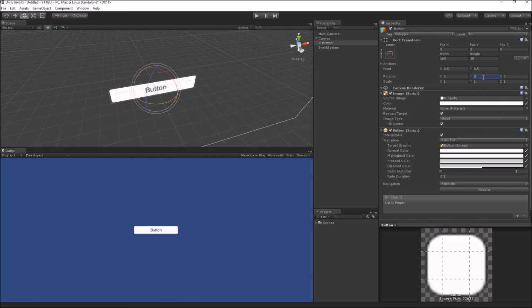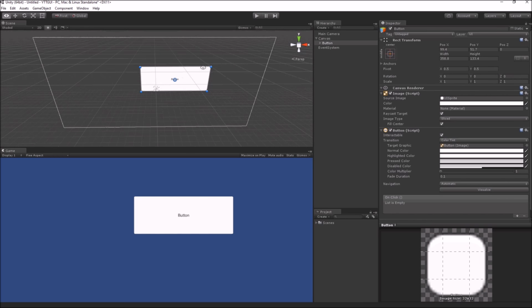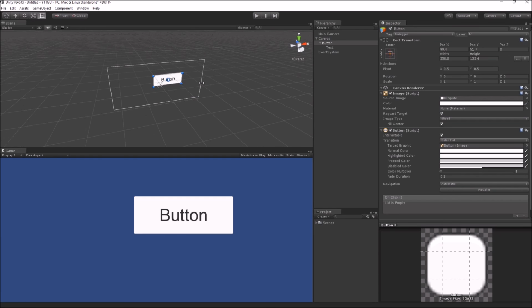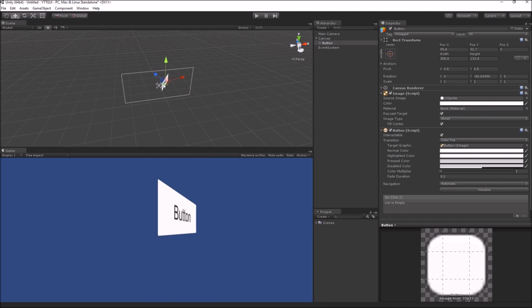Let's make this button a little bit bigger so you can see the perspective effect, and also change the text size. Right, now if I go and rotate the button, you can see the nice perspective effect in the way that button or any GUI element is shown on the screen. You can see this effect in the UI of No Man's Sky, where the health and other things are shown in this effect at the corner of the screen.